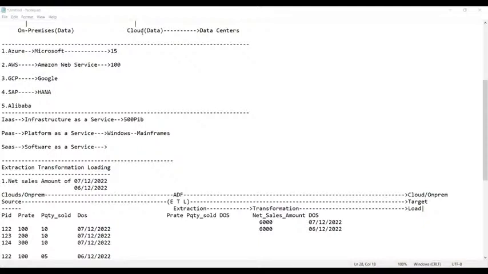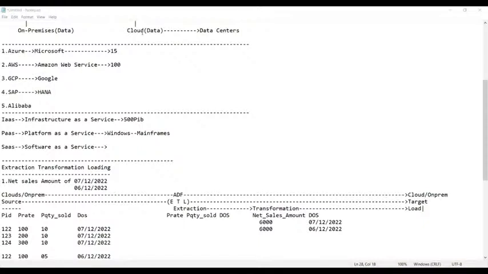Sir, with 3 years of experience, how much package can I get? If I put 3 years of experience in Azure, how much package can I get? You can put only up to 3 years, not more, because prior to 2018 you can't put it, as that particular version didn't exist. So you can put a maximum of 2.5 to 3 years. Now I think around 4 years you can put at maximum.